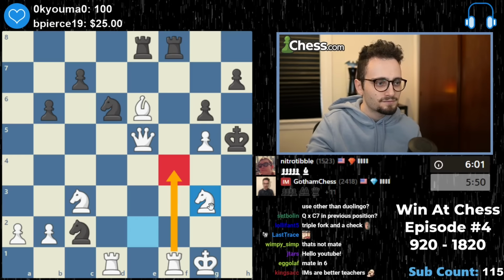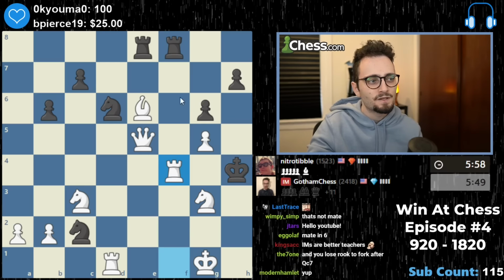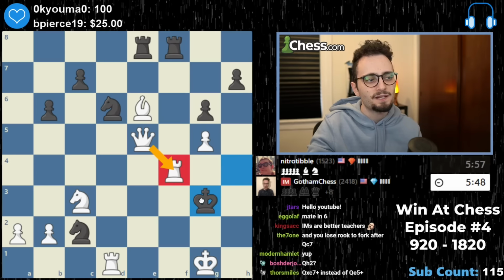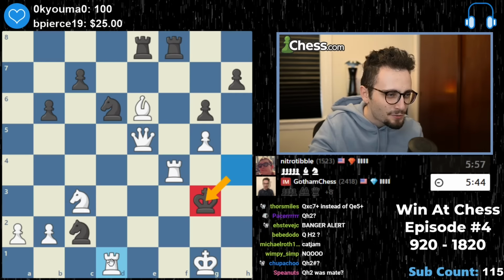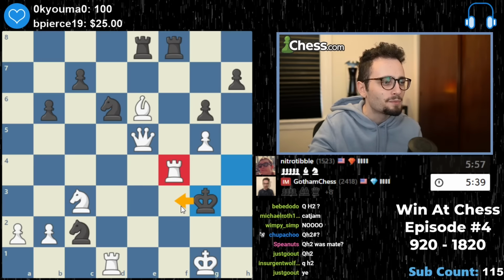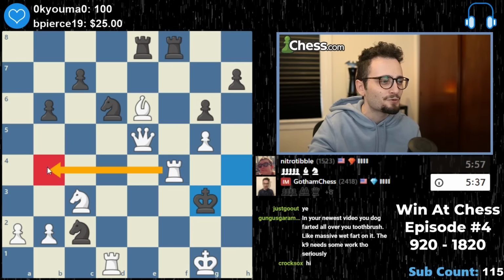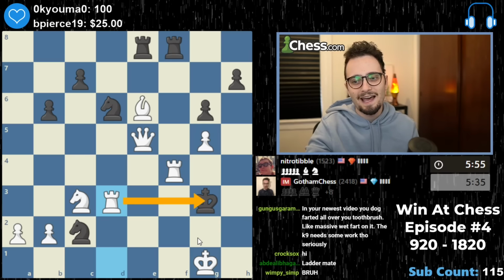Rook up. That's the mate. So if rook takes, queen takes is checkmate. Yeah, this is funny, but this also leads to a mate. Wait a second. Wait, any rook move is mate, no? Oh, no, but because king f3. That's really funny. So, like, rook here, king f3. Okay, so we will give this rook check. It's a ladder mate in the middle of...